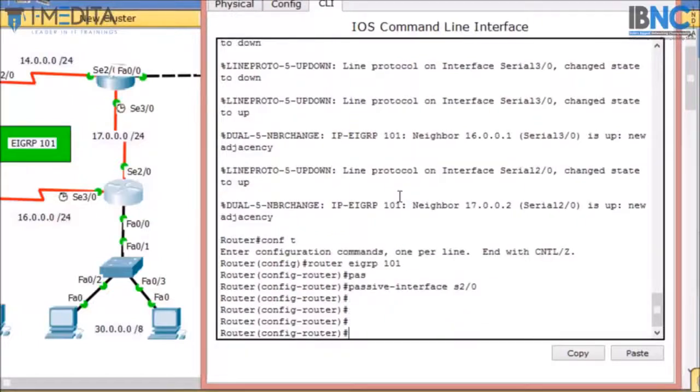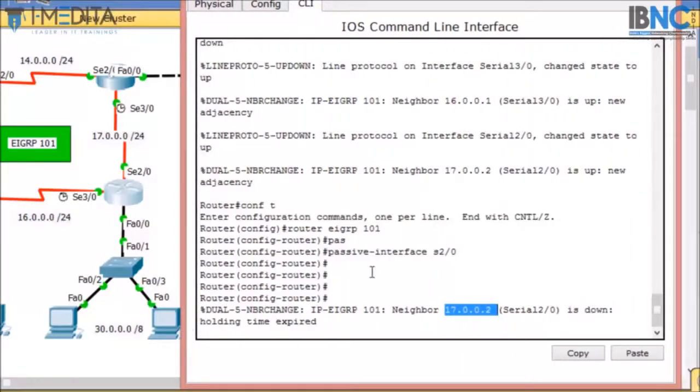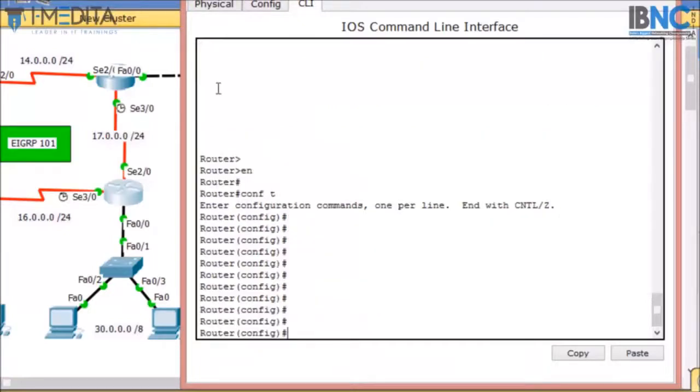Now EIGRP will not send its updates from the serial 2/0 interface, and as you can see, the 17 neighbor is down. As soon as we enter the passive interface command, the neighborship breaks because the hello messages are no longer being sent. If I want to maintain the neighborship again, I have to negate the previous command.